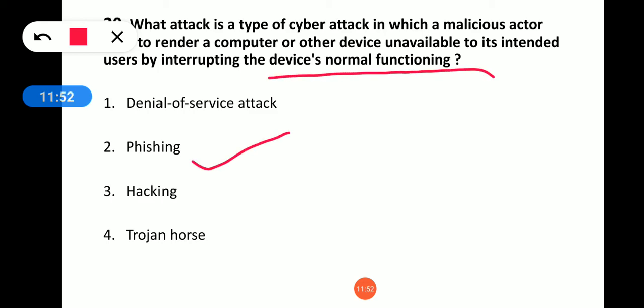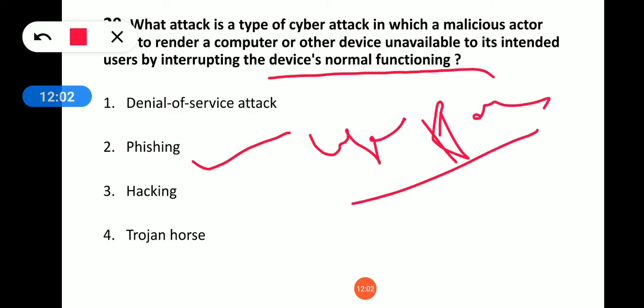Phishing attack is one type of hacking, generally used to get the username and passwords from the user. It generally sends a mail: if you click on this mail, you will get 1,000 rupees, but we require bank account credentials. Like that, they send spam mails and spam messages to get the username and password from us. So it is known as the phishing attack.